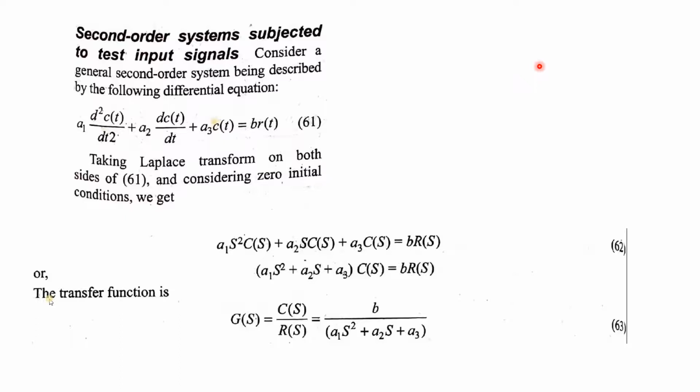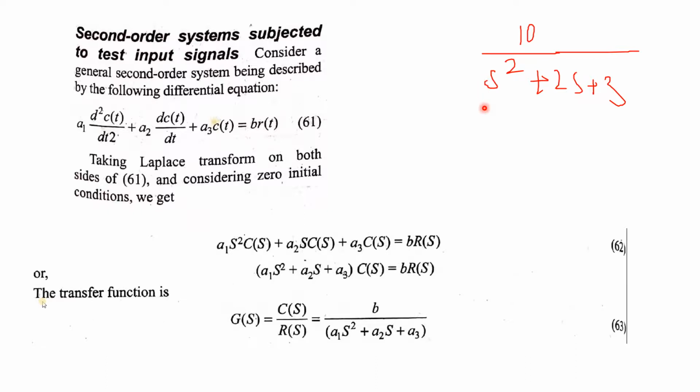Now we will be discussing the second order system. Second order system means where the exponent of the S variable is square or 2, that means S square something. Suppose 1 by S square plus 2S plus 3, or 1 by S square plus 2S plus 6, or 10 by S square plus 2S plus 3. So this is a second order system.